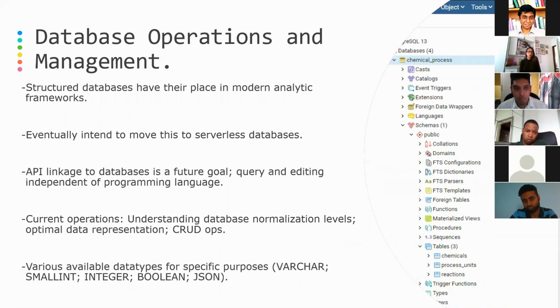As far as database operations and management is concerned, structured databases do still have their place in modern analytic frameworks. I'm sure a lot of us may have heard of NoSQL or unstructured databases, so to speak, but based on what we've looked at, structured databases still do work well, especially in our case with industrial symbiosis. So we eventually do intend to move this to some kind of global or serverless database. And API linkages to the databases is definitely a future goal, so that we can have query and editing independent